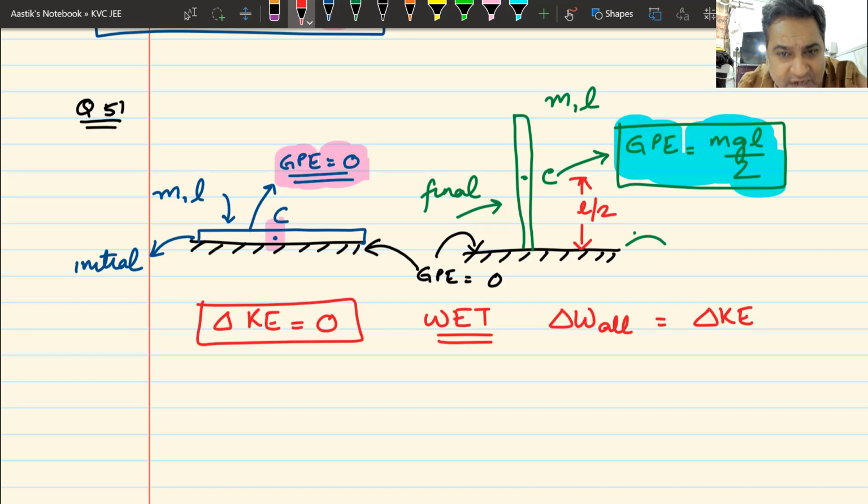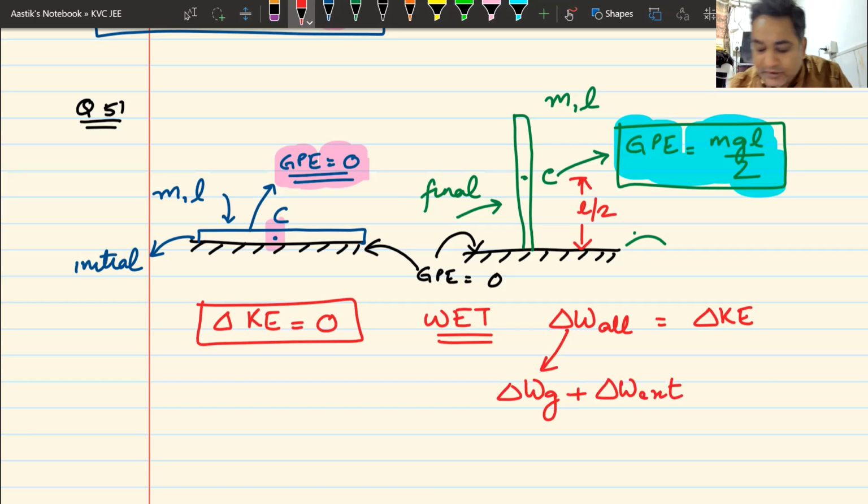Whose work done is asked in the question? It is not mentioned, but that is the work done that is asked. How much work has to be done to lift it? Someone else had to lift it. We call that someone else an external force. So there are two forces acting here. What are the two forces acting here? One is work done by gravity. One force is gravity, plus the other force is the external force which is trying to lift it up. Two forces at work. One is gravity. The other is external force.